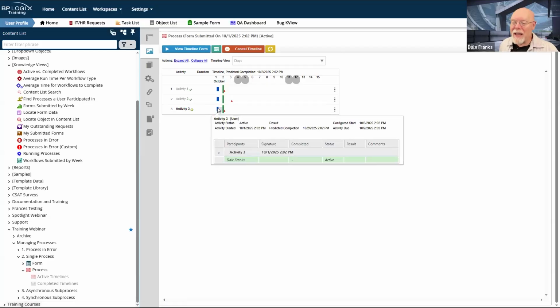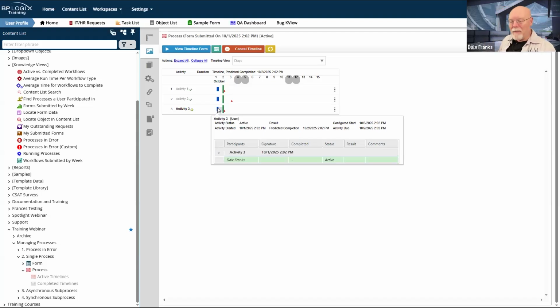And the reason that is important, we'll talk about a little bit later, especially if you have an activity in error, because the error message appears in the very top of the dialog box, right? Not dialog box, but tooltip. And at the top of the tooltip, if your tooltip is so long vertically that the top of the tooltip extends to the top of the screen, you won't be able to see what the error is. And if you don't see what the error is, that makes it kind of hard to fix.